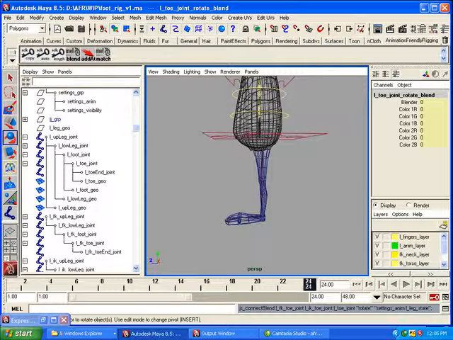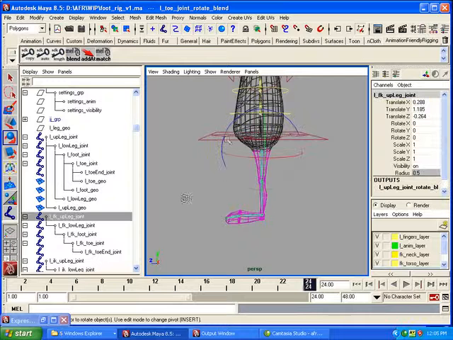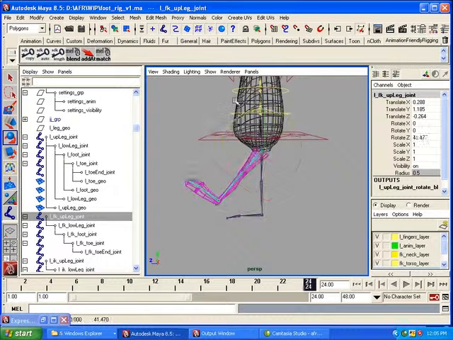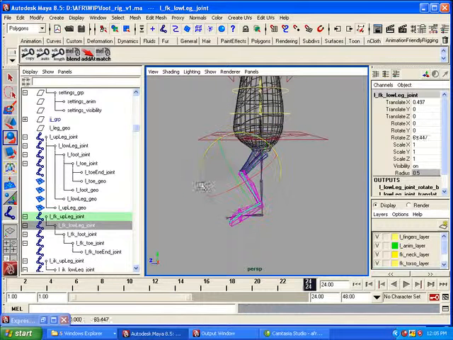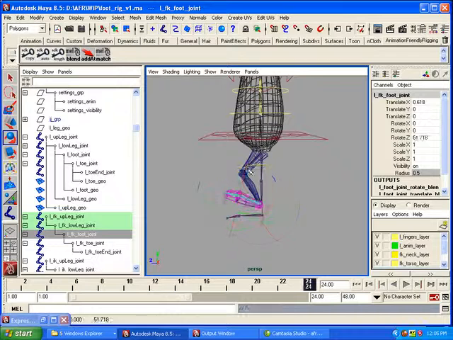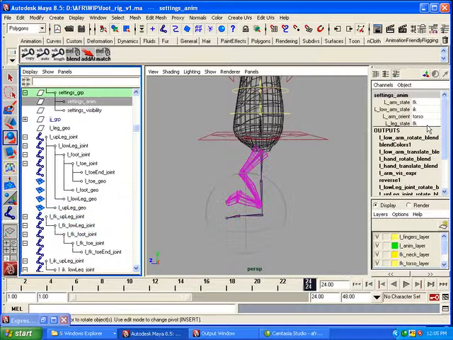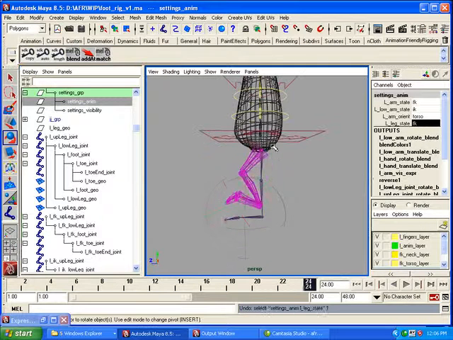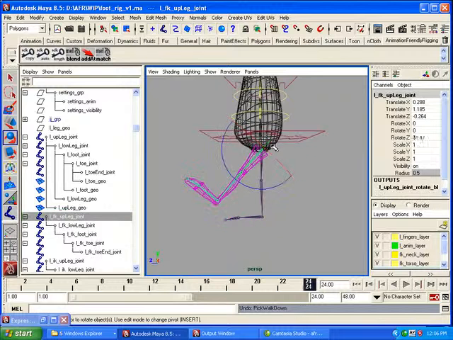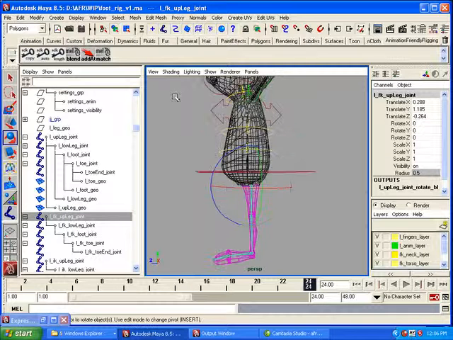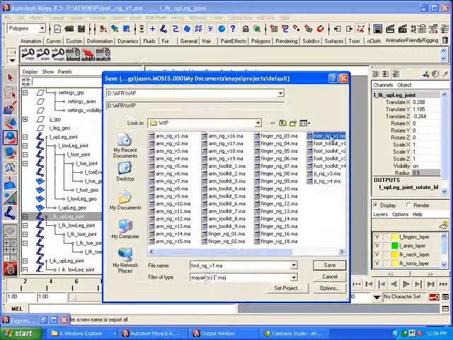Now the up leg, or the actual leg control, is driven by either FK or IK. If we're in FK mode, we can just sit here and rotate like that, and it works fine. If we go back to settings anim, we switch over to IK, and the IK control will drive it. So there we go. Undo all that back, and let's go ahead and save this as Foot Rig version 2. File, save scene as